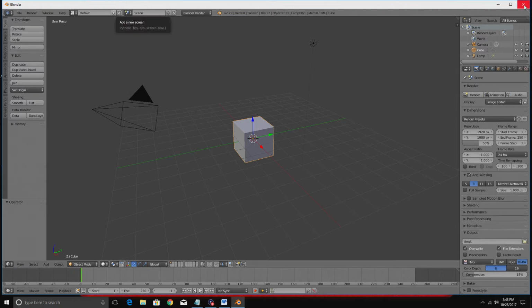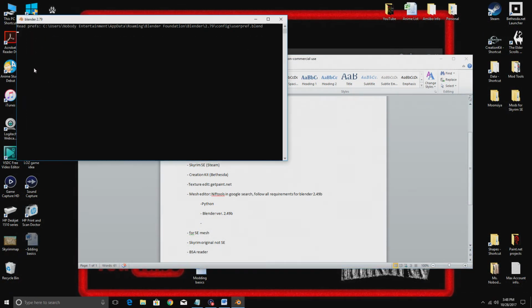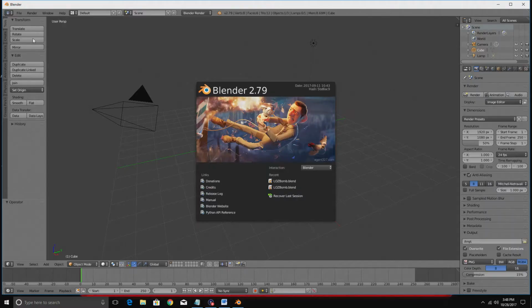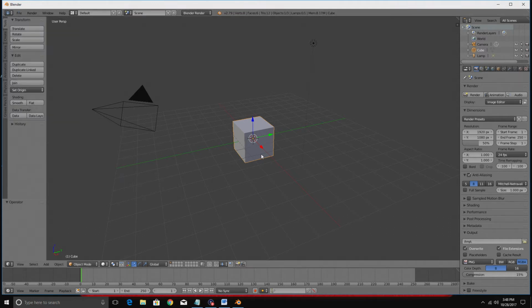So what it is, you'll eventually be able to go into Blender, then File, Import, and click on Nif. Then you'd be able to bring in the regular Skyrim piece, and edit and stuff like that,